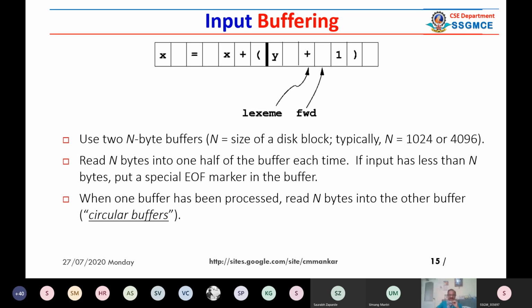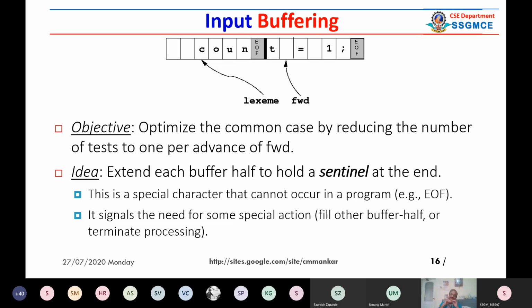Now again, you can imagine a circular buffer, or you might have learned about the queue, circular queue. So again, I repeat that EOF is used here. Two buffers are shown here. The begin pointer is there.